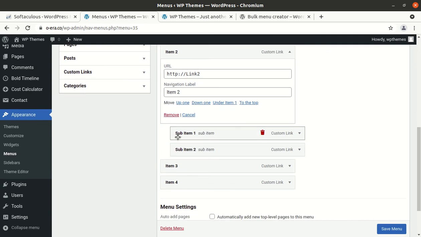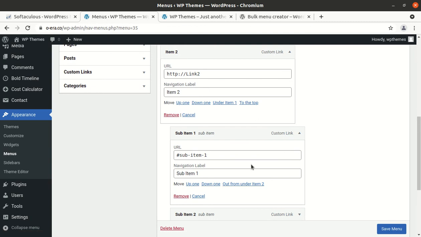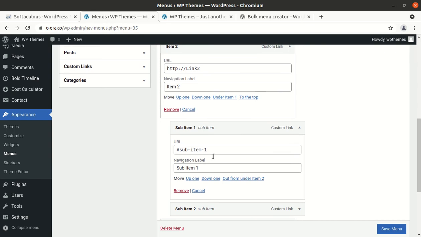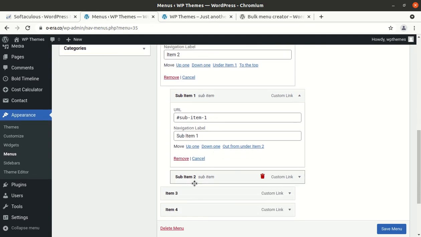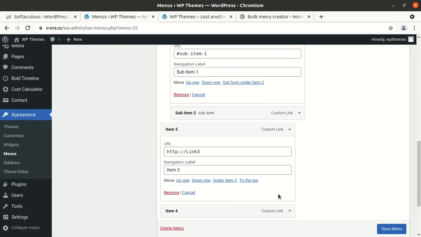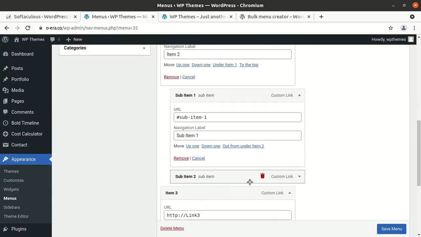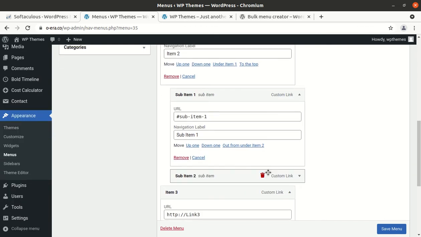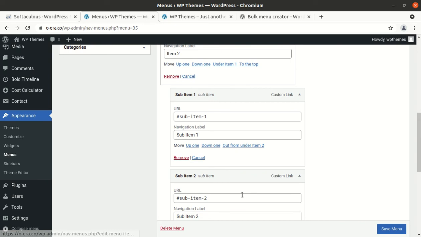And if we talk about the sub items, the sub item is on hash. Sub item 1 is on hash and sub item 2 is also on hash.